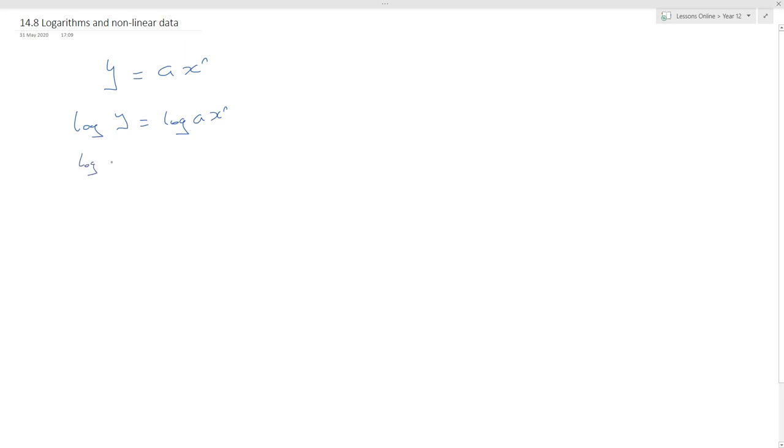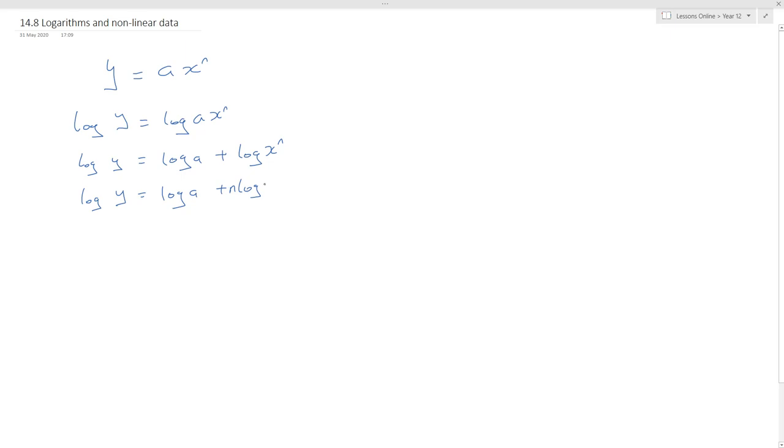So log of y is equal to log of a plus log of x to the power of n. Now we can simplify further using the power rule. So we have log of y, which is equal to log of a plus